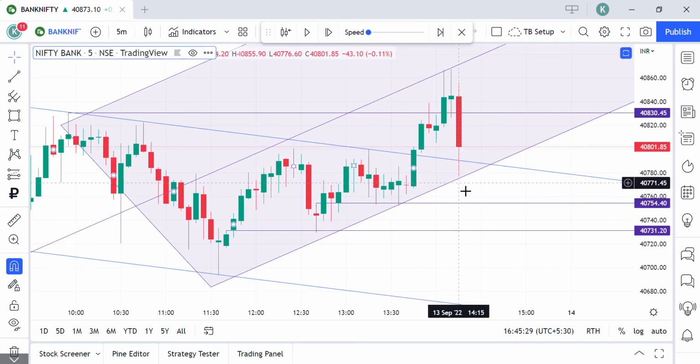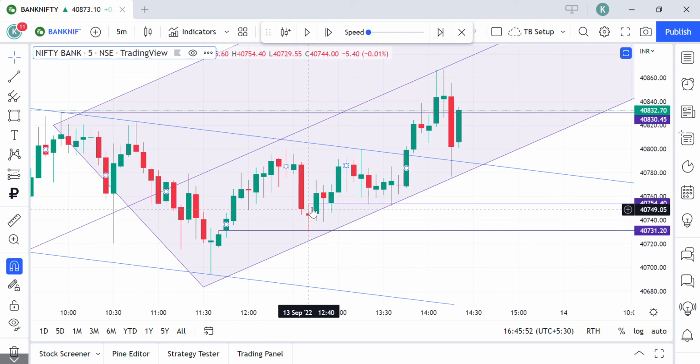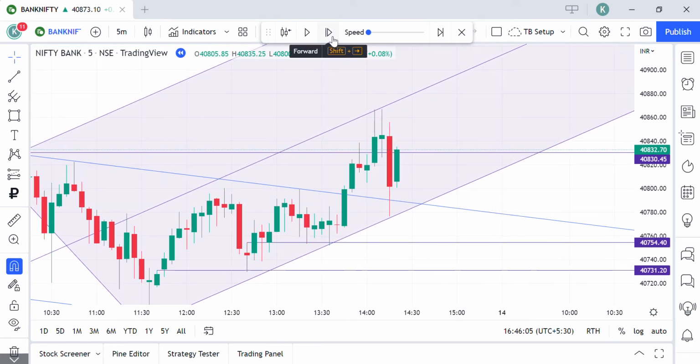So exactly as we anticipated, price came with a lot of momentum at the bottom of this pitchfork. We might be tempted to worry because the way it came down with a lot of travel, a lot of distance in just a 5 minute time frame. But again, it has hit the major boundaries, and immediately after that there is an inside candle. So you can see the pattern happening here. It hit a barrier and there is a dynamic frequency breakout. It hit a barrier, there is an inside candle. The same pattern is happening multiple times. So this is an opportunity to enter long but not short. Okay, so let us see how price unfolds further.